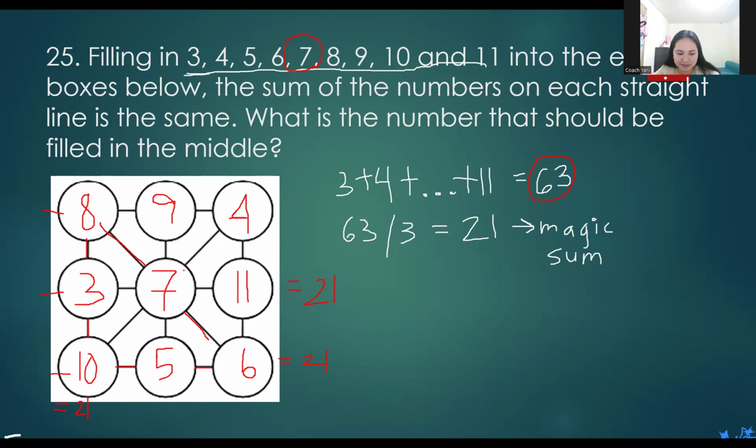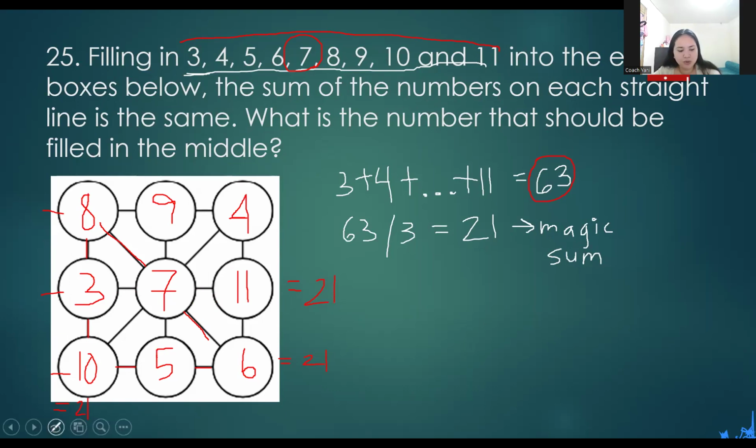We find the sum, 21. And then we find the middle number. So what is the middle number here? We have 7. We put it at the very middle of the square. And then beside it, you put the highest and then the lowest. And then from there, you can solve for the others. It will be easier. It's easier than trial and error. So at least this one, you're making an educated guess.